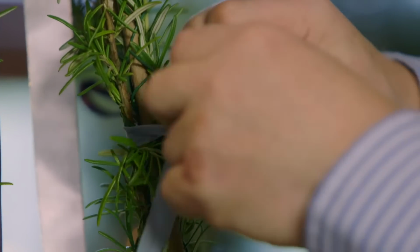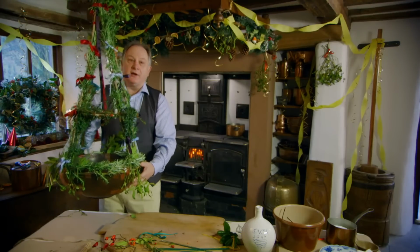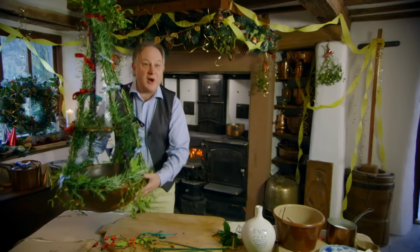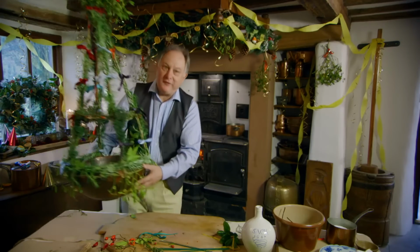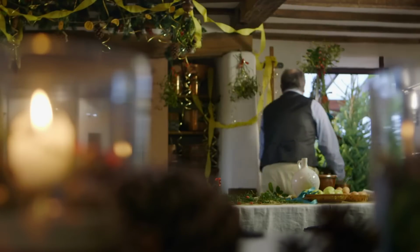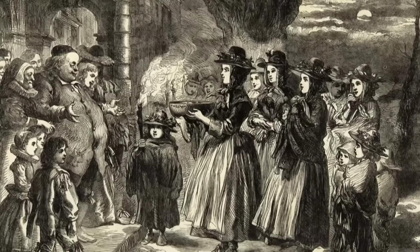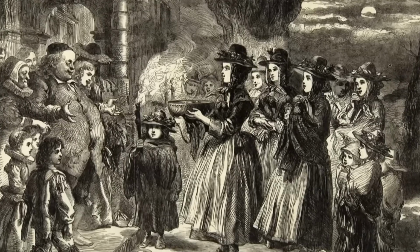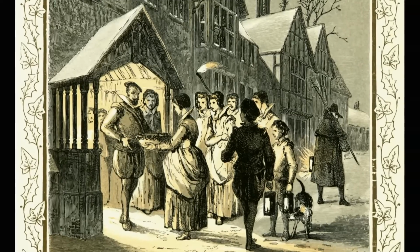But what did people do with it exactly? What you did was you picked it up like this, and it is lovely, and you went off and you scrounged lots of free booze off your neighbours. So off I go. While the villagers are carousing around the green with their bowl full of beer, the village squire was enjoying a